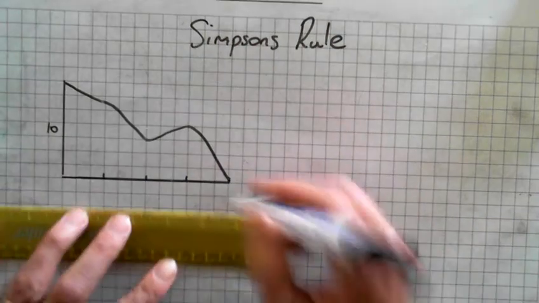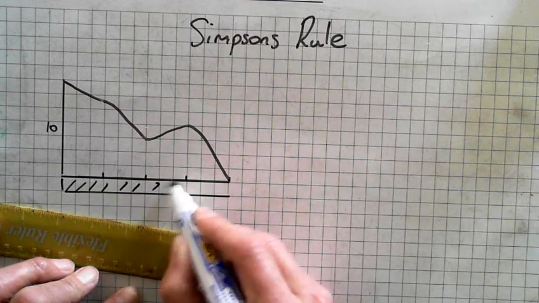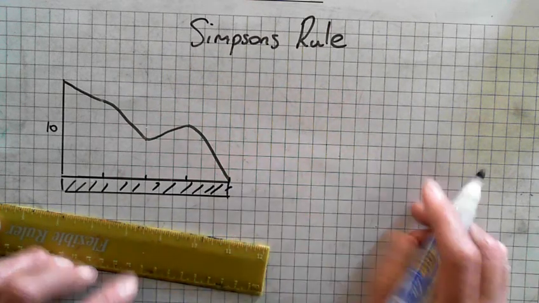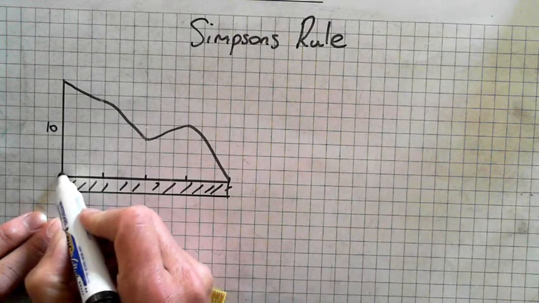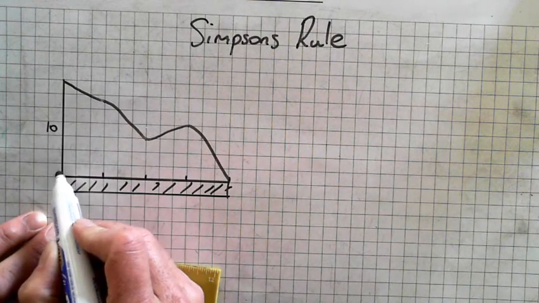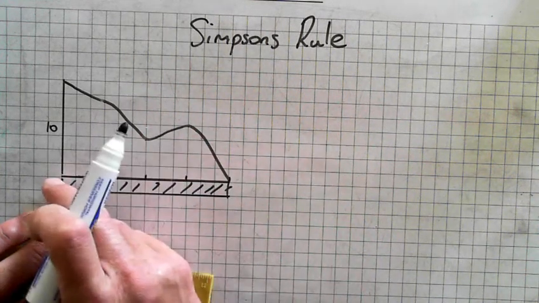Alright, so for example, let's say this is the back wall of your house. You can use this to measure the shape of your garden if it's a regular shape. Let's say this is a fence between you and your neighbour. What you can do is measure the length of your back wall